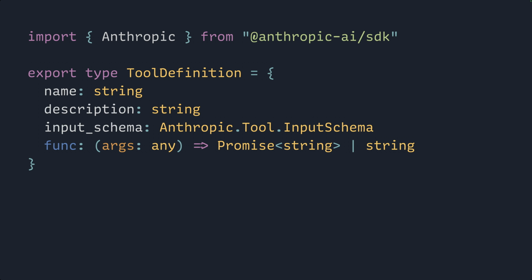So the first thing we'll do is, because this is a TypeScript program, we will write a type that defines what a tool definition is. A tool is defined by three things: a name, which is a string, a description, the instructions for what that tool does and when the model should use it, and an input schema.